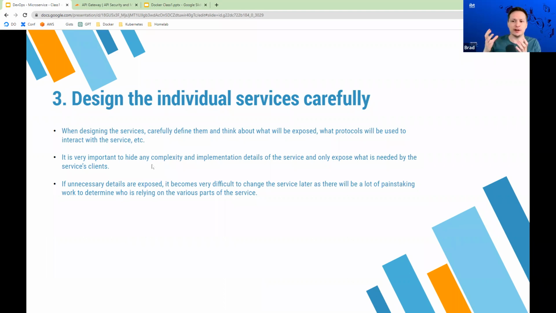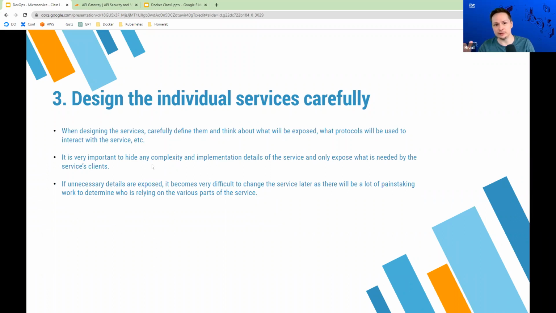And then you provide the documentation or whatever is needed to the downstream services on how to call your public API and what information that public API is going to give the microservices. So you want to hide all the complexities and basically just say, call this API and you're going to get this information. Call our restaurants list API and it's going to give you a list of restaurants.